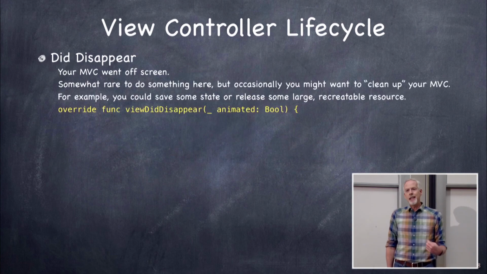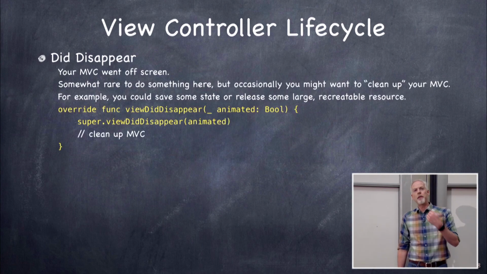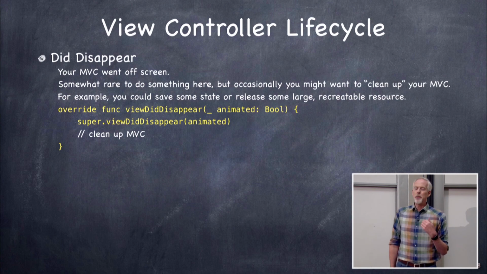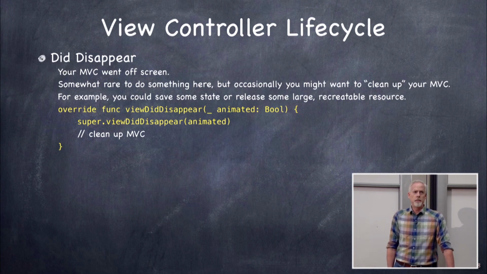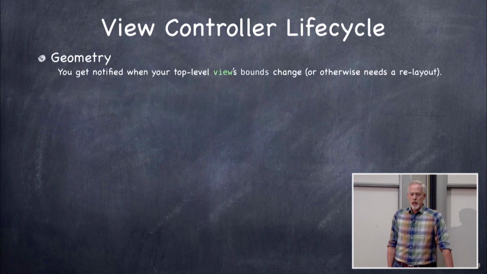And then there's viewDidDisappear. Okay, this one gets sent to you after you've completely disappeared. Usually we don't do much here, but you could imagine maybe cleaning up your MVC here, possibly saving some state or something, but this one is rarely used. Okay. All right,